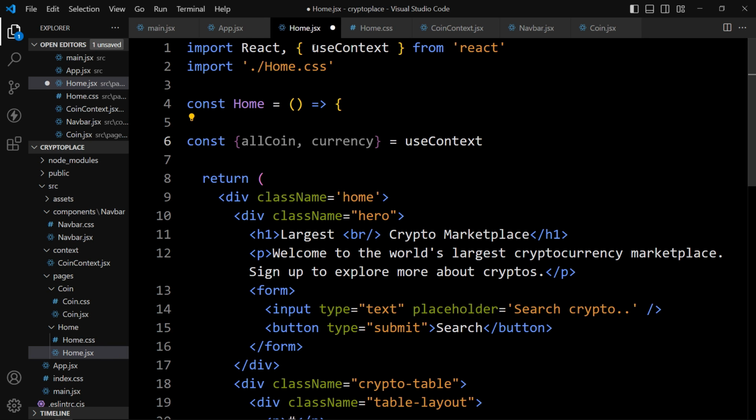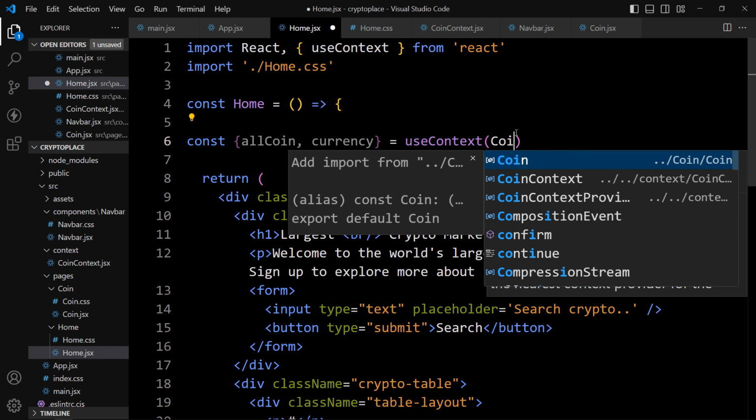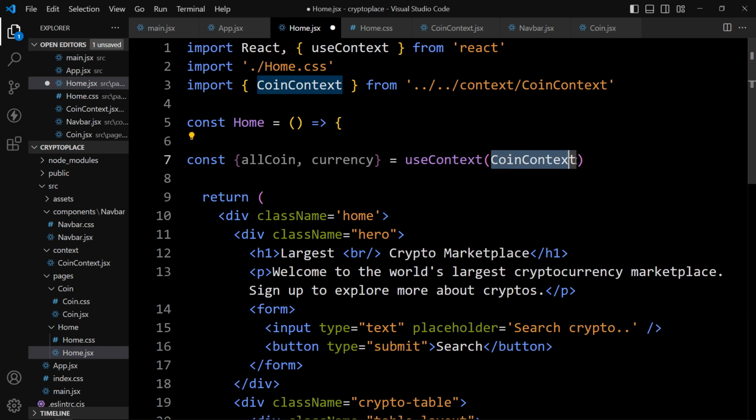Select it, use context has been imported, and in this use context we have to provide our context. So we have created the coin context file, right? So we have added coin context and coin context has been imported. Now we can use this all coin and currency in this home page. Now let me just create one more copy of this data. So here we will add